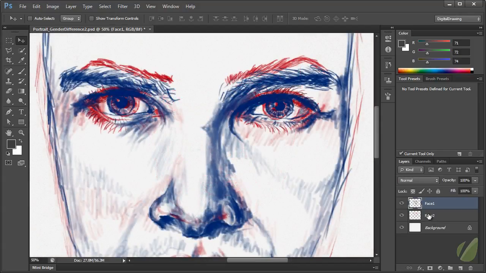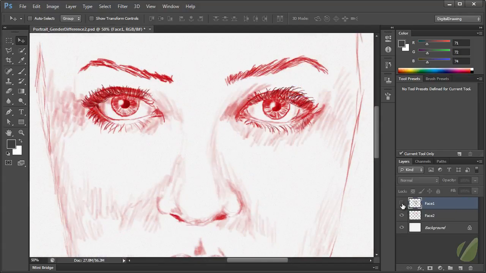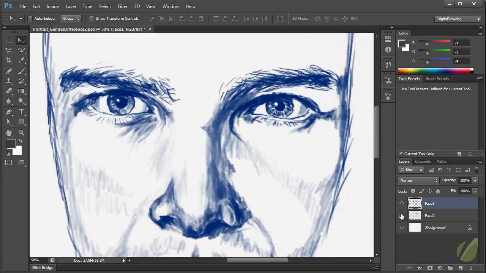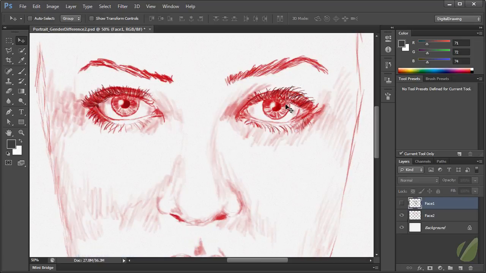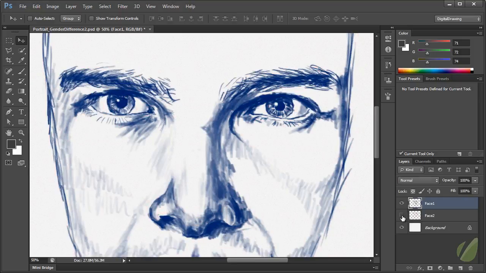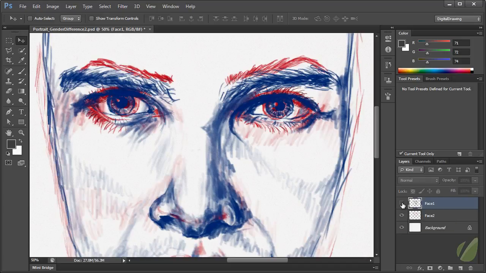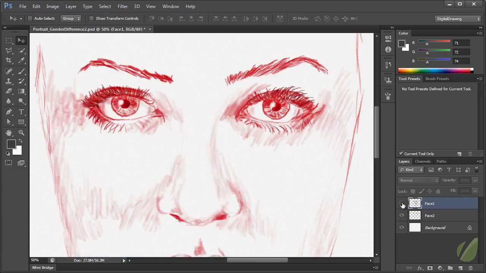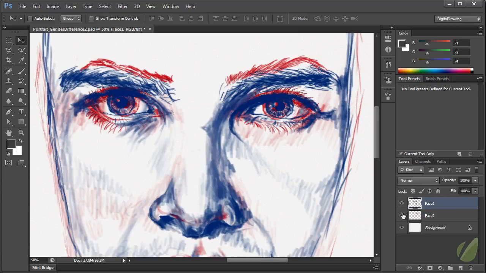Now, the number one difference you can expect to see as far as details go is eyelashes. And that's not a surprise. A man's eyelashes are present, but they're not nearly as noticeable as the woman's eyelashes. And that's more of a social thing. Women don't normally have extremely long eyelashes. That's a difference that's exaggerated in artwork because it's an easy difference to put between the two. You'll even see this in highly stylized cartoons where the only difference between two characters is one has eyelashes and the other doesn't, and you know that the one with eyelashes is